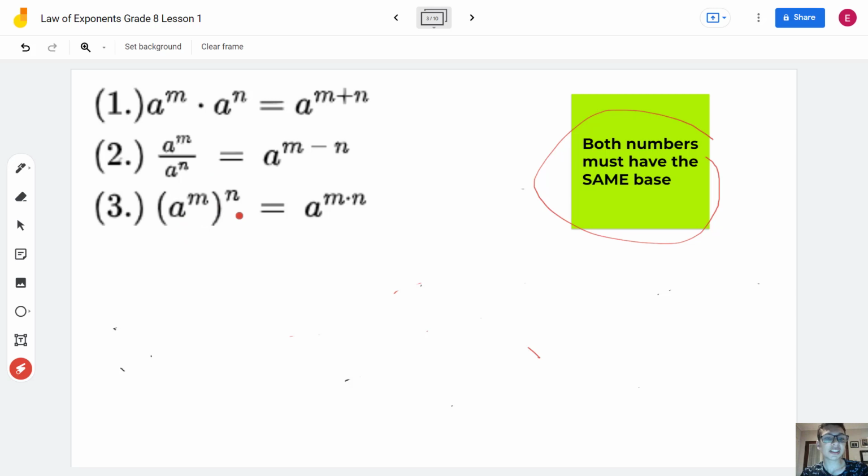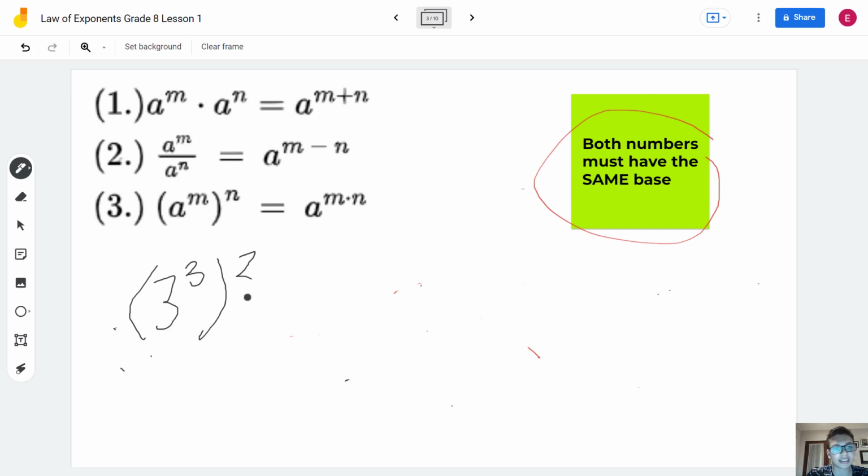But if you have (a^m)^n, that equals just a to the power of m times n. So again, I'll try to show you why this is true. So let's say we have 3 cubed, and that's squared,